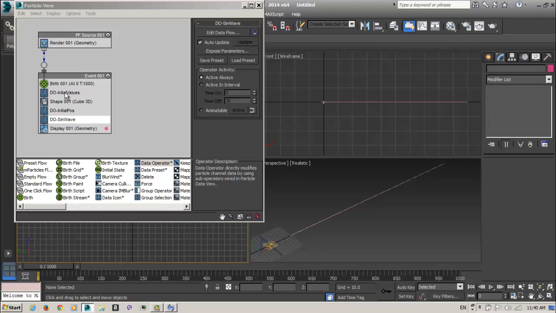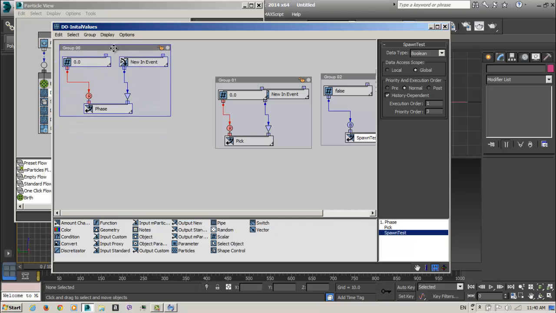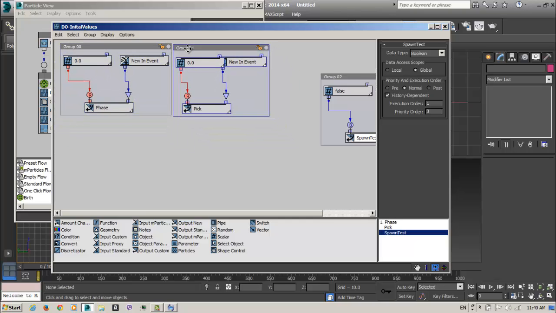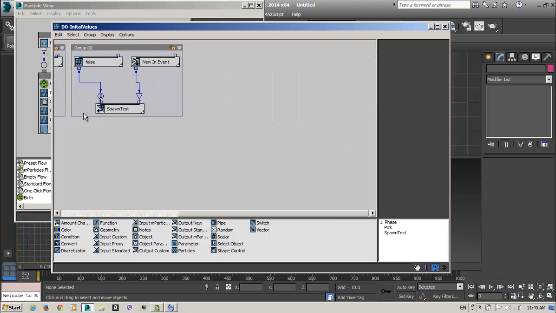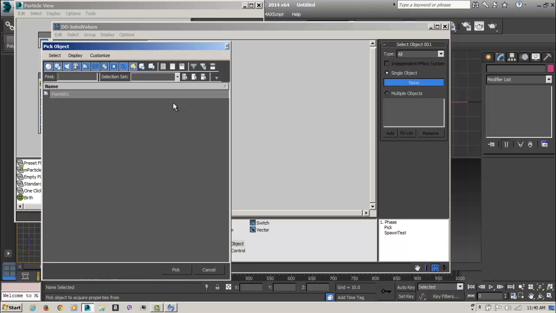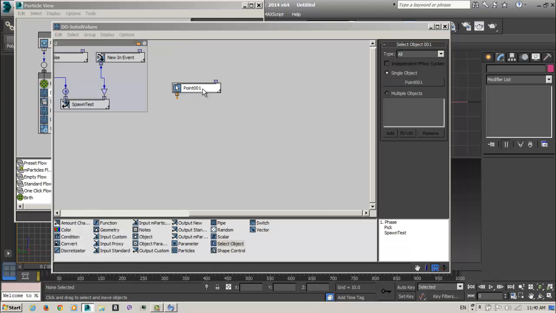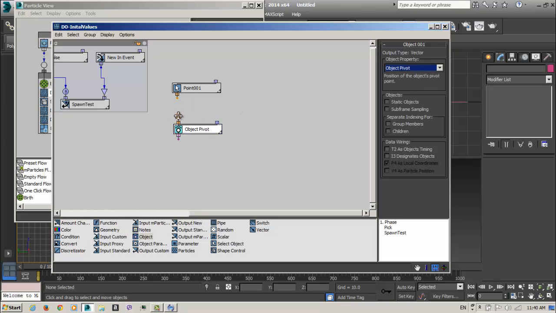So how can we do this? We come here, put this here, and let's create this. I create a select object. I select my object, which is my point. Okay, and I will get the object pivot, and this will be a vector.